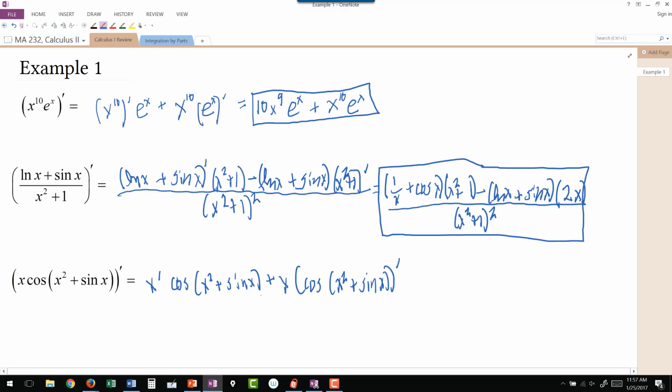So we have to execute each of those individual derivatives. The derivative of x is just 1. So I get 1 times cosine of x squared plus sine x